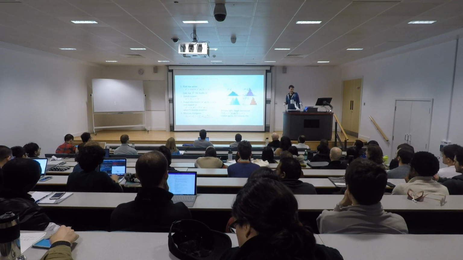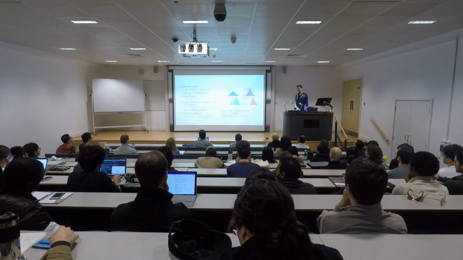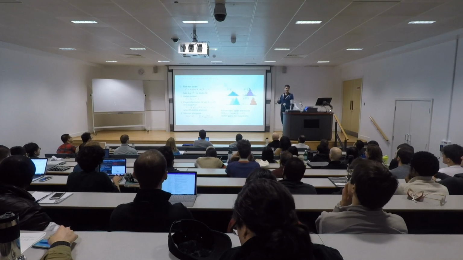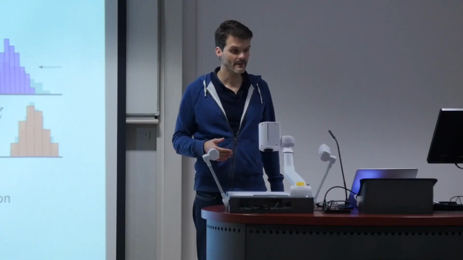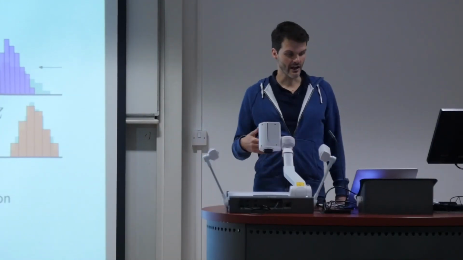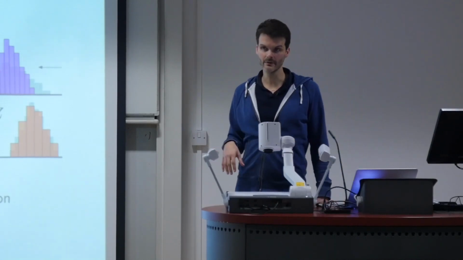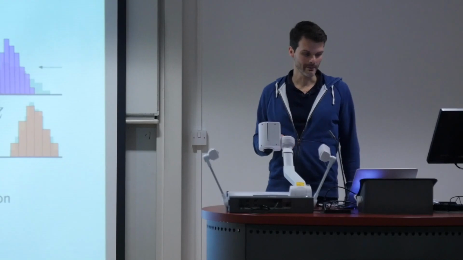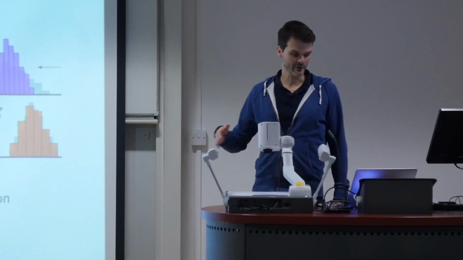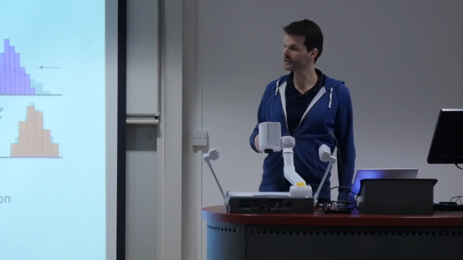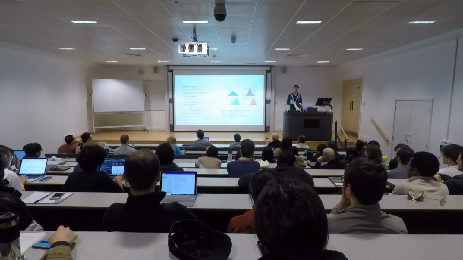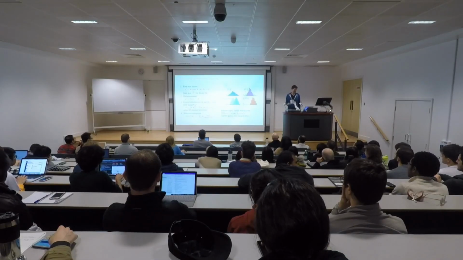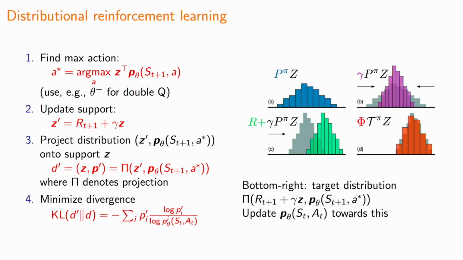And so how do we do that? Well, it turns out you can actually define a Bellman equation on these distributions. And specifically how that works in this example is that we first, considering the next state, say we're doing Q-learning, so we'll just use the normal online parameters. You could use the target parameters if you want to do double Q. But we'll pick the greedy action in the next state according to the mean, let's say.